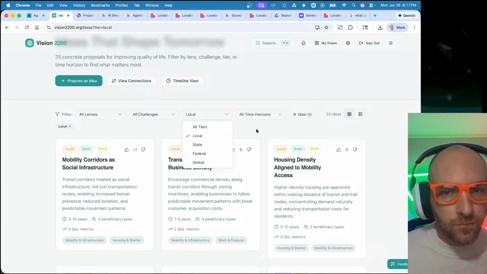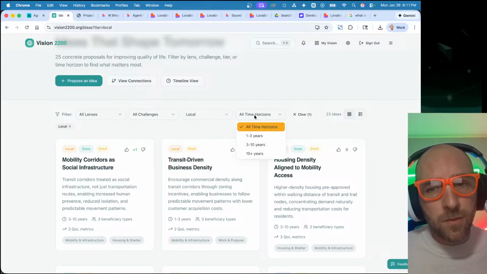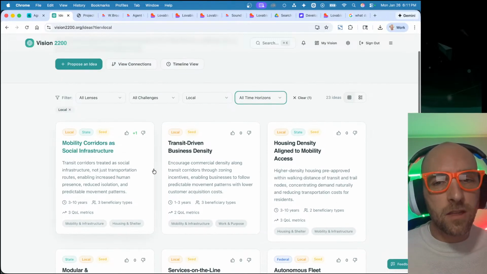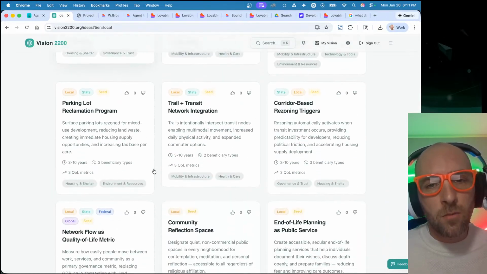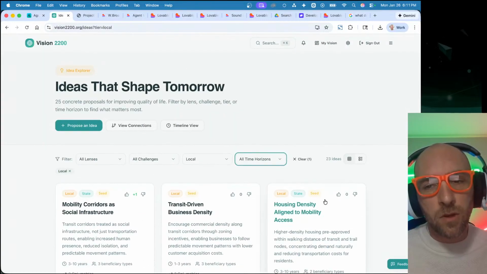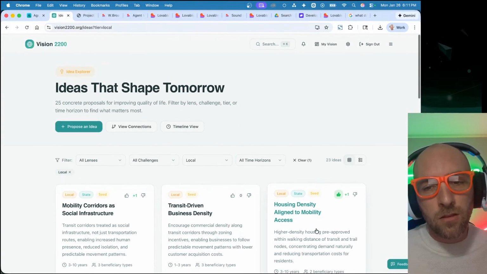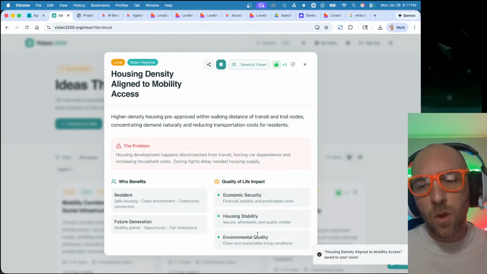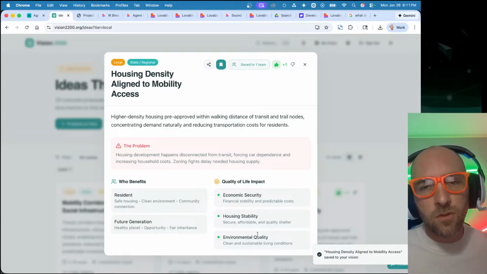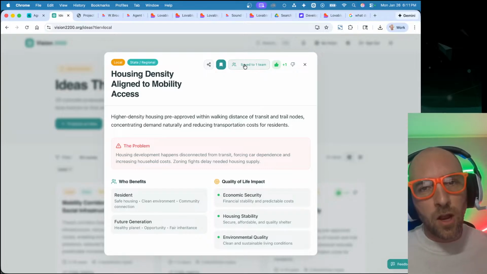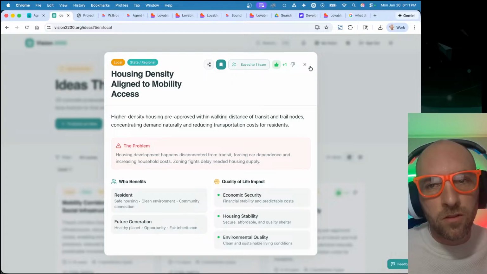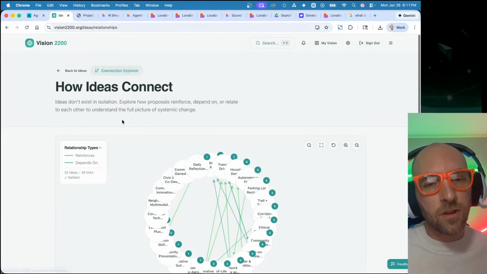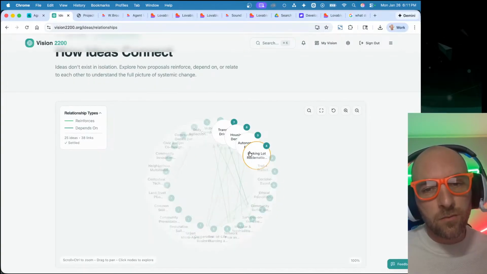governance. And then some things might be things that we can solve soon, and some things might be ideas that might take longer to play out. But the idea with this application is that anybody can vote and interact with these things. They can indicate when something should be saved to their personal vision, or perhaps they have a team that they want to work with to be able to assemble a work plan that connects several different ideas to one another.